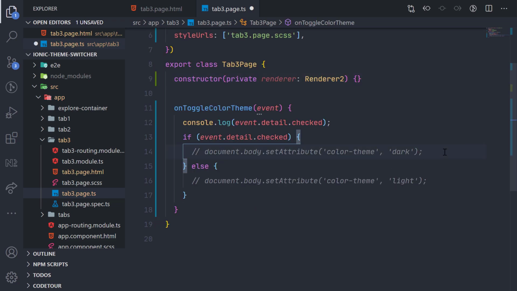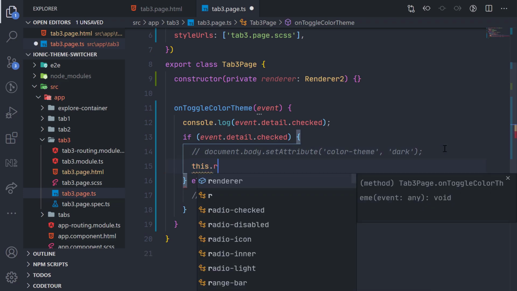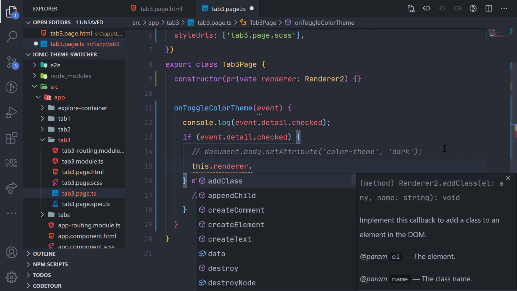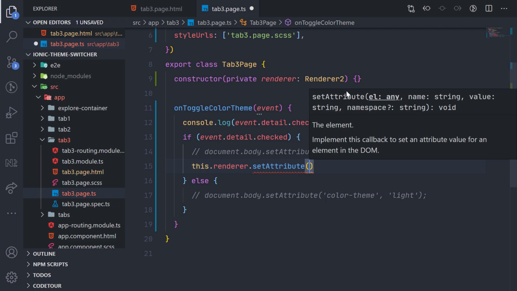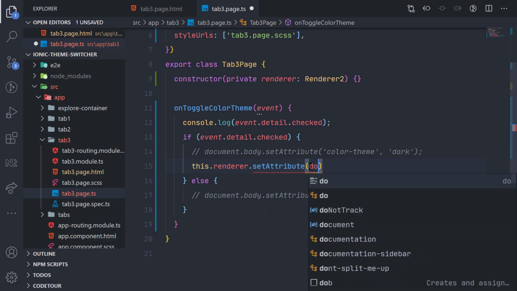So now with renderer, how can we set our body attribute? So we can do this.renderer.setAttribute, and first we have to provide the element which is our body, and then the name which is color-theme, and then the value which will be light or dark.